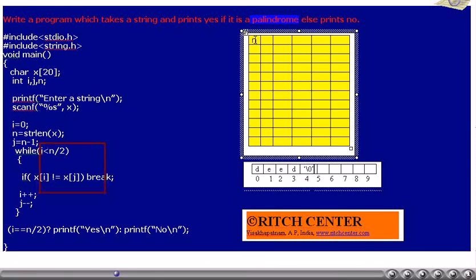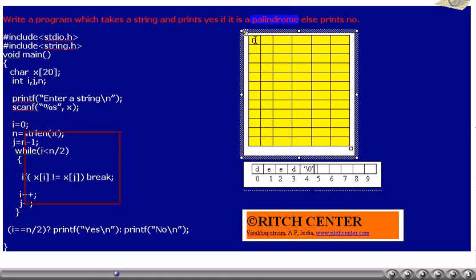However, one important aspect you have to correlate is that in the first iteration, i value is 0, which is the index of the first character. In the next iteration, i value becomes 1, so i indicates the index of the second character, and so on. What do we require now?